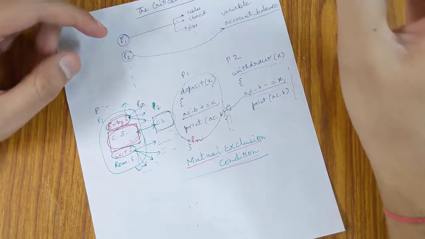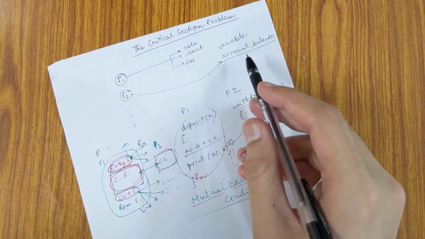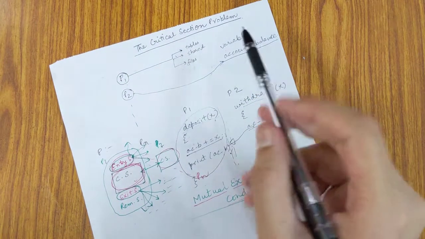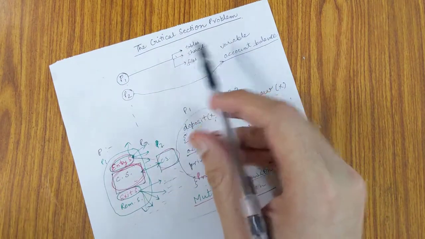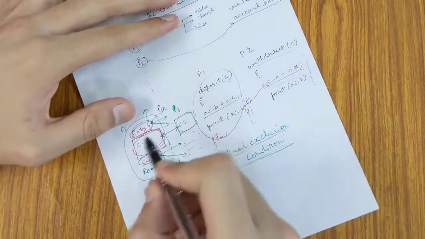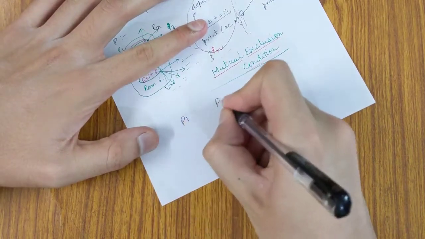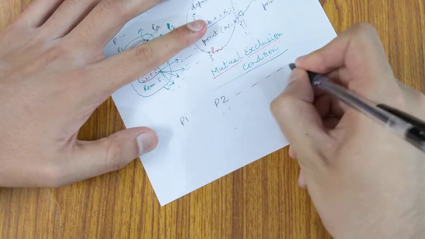Hello friends. So we have already seen what the critical section problem is. If you have not seen, please look at my critical section problem video. So in this one, we have, let's say, n processes, P1, P2, up till Pn,